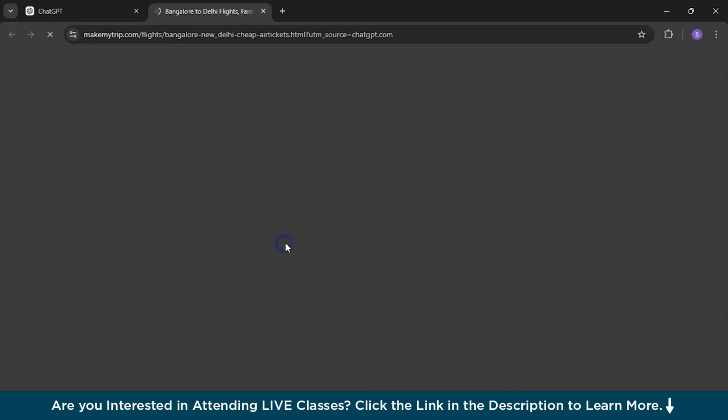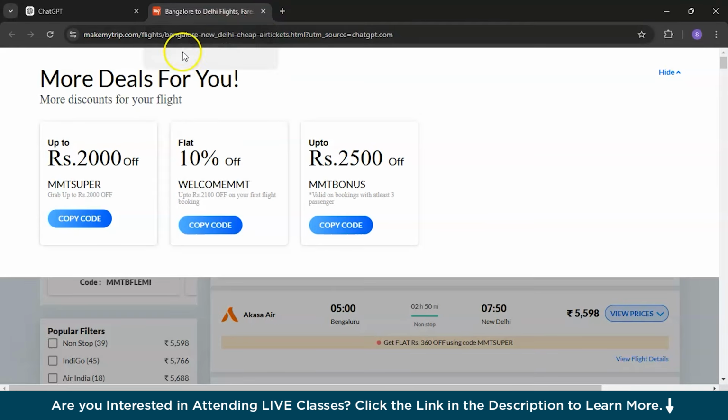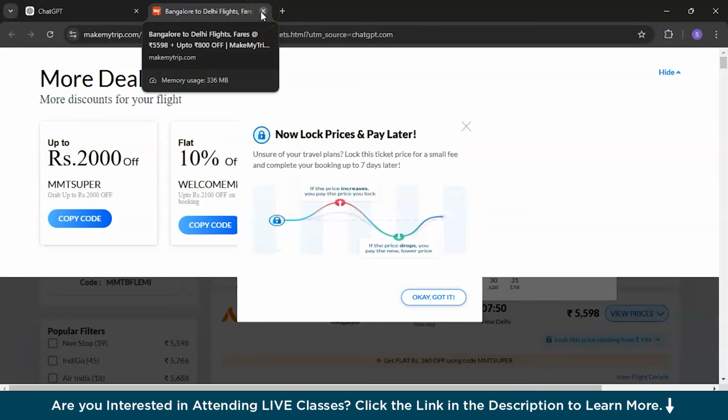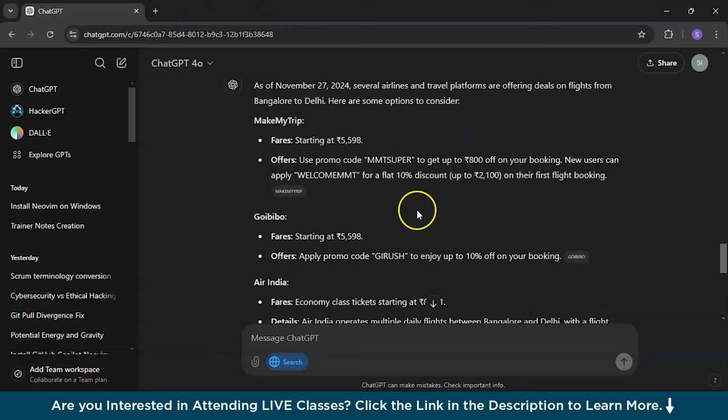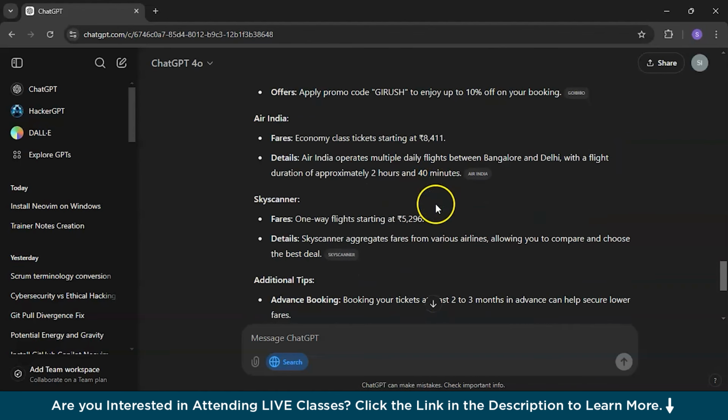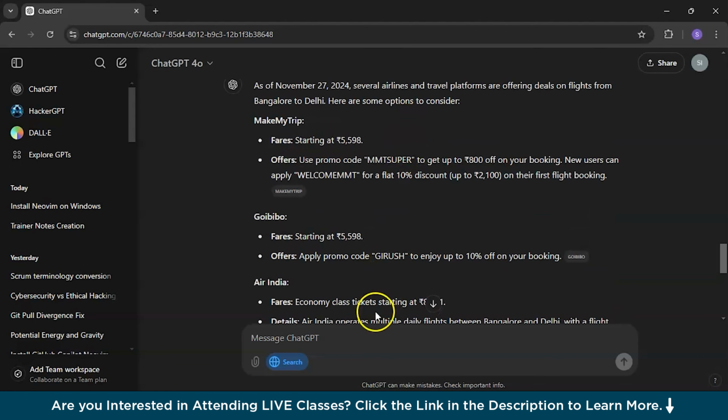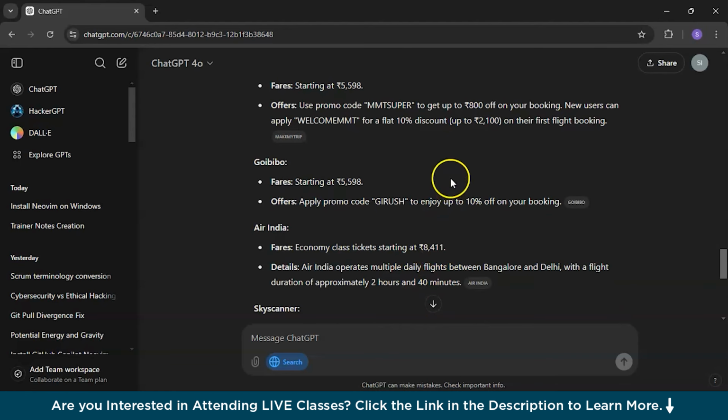So let's see. Okay, it has given direct access to the particular website, and it's nice. And it is even giving a code to write, and you will get a flat 10% discount. So basically, it's nice. You can even go and do some research on this, and then book your flights and get a discount on your next flight ticket, maybe.